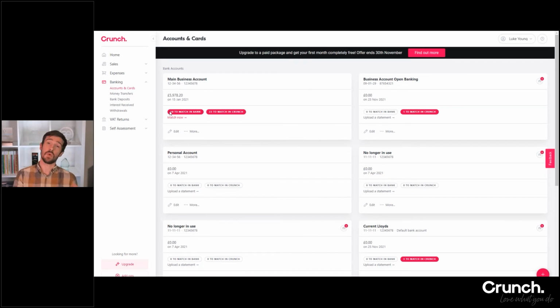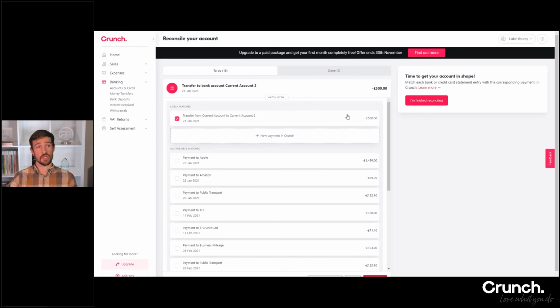If you can't, then you will need to manually upload bank statements instead, which you just do by uploading a statement using this button, and you have to use CSV bank statements. So you can get them from your online bank, download them, import them, and then you can start reconciling. In terms of the actual reconciliation, once your statement's uploaded, you will just press match now,